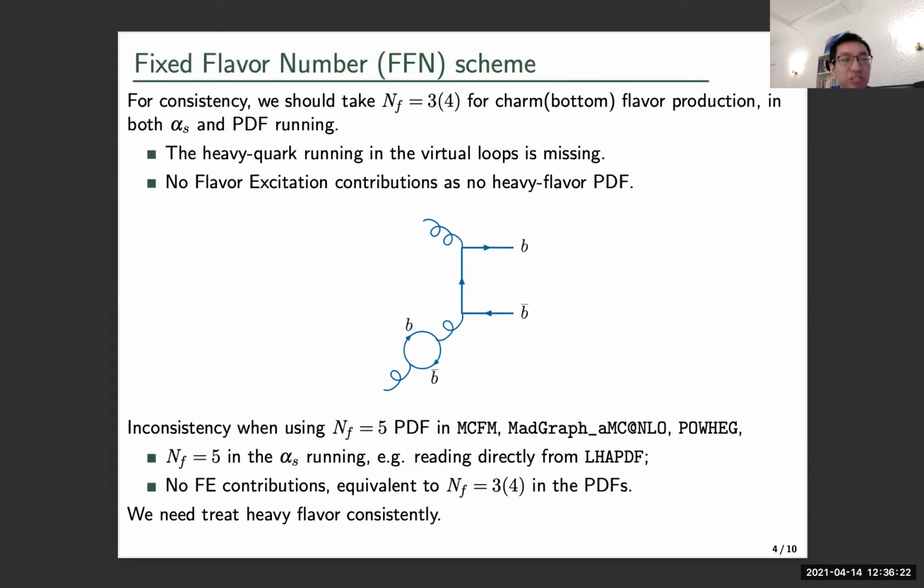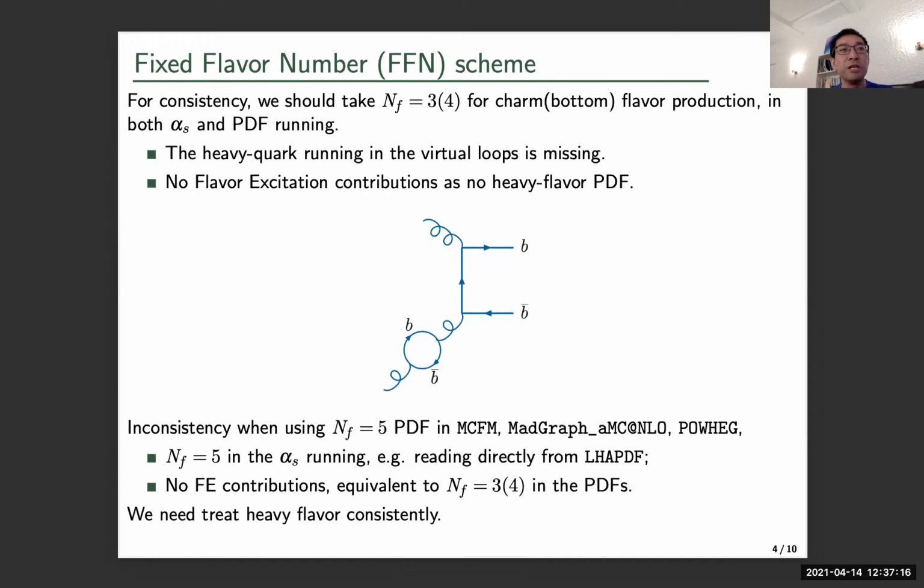From the theoretical calculation for heavy flavor production, we have the fixed flavor number scheme, which is very universal and allows everybody to do these calculations, with 3 flavors for charm production and 4 flavors for bottom production. In the fixed flavor number scheme, for consistency, we need to treat the alpha running and PDF consistently. For the 4 flavor scheme for bottom quark production, we assume the heavy quark approximation, and this does not include the heavy quark in the running coupling, like in the virtual loops. And also